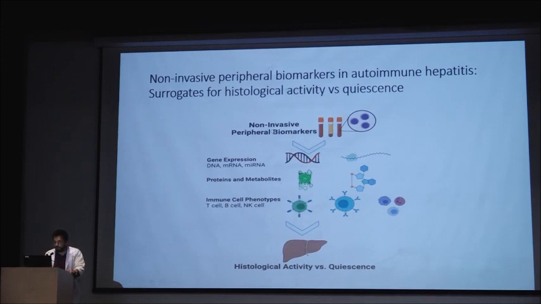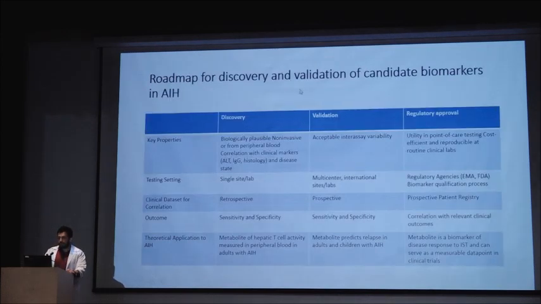So the non-invasive peripheral biomarkers are basically a surrogate for histological activity versus quiescence, and they can be at the level of gene expression, protein or metabolites, and immune cell types, and they should correlate with histological activities and should vary with disease activities. And this is the roadmap for the discovery and validation of candidate biomarkers. It should be biologically plausible, non-invasive from peripheral blood, should correlate with the clinical markers and the disease state, and should have acceptable inter-assay variability. The testing should be done at a single site and validated in multiple centers, and should be sensitive and specific, and